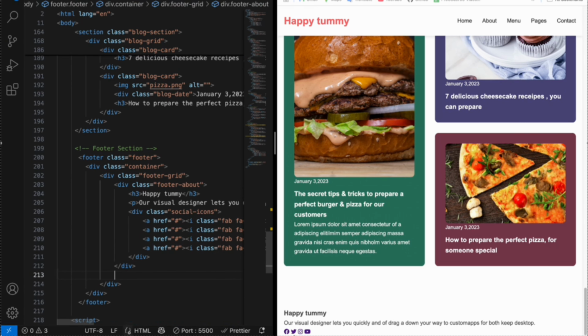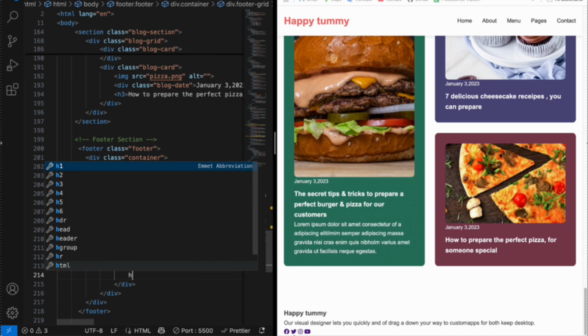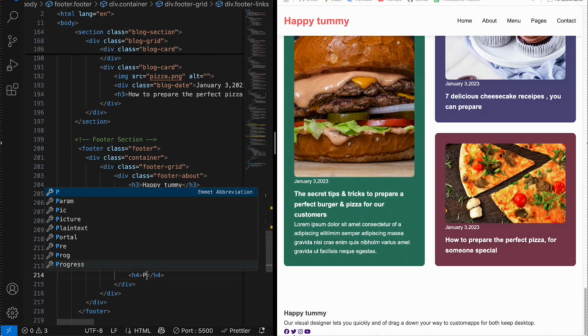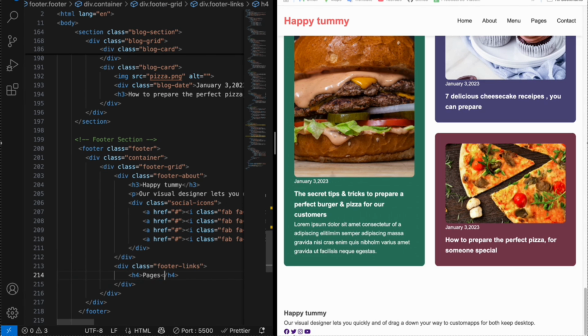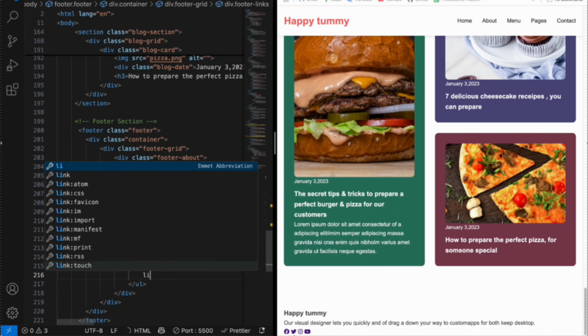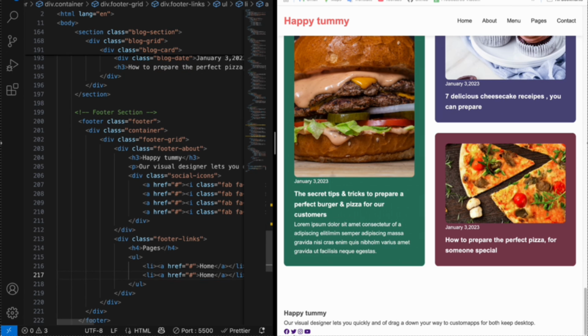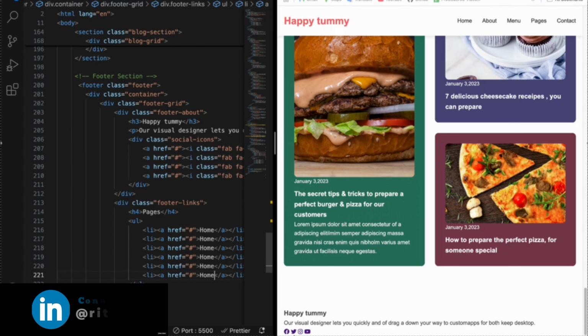Now after this one, we are going to add links as well. So footer links, and inside the footer links, add a heading, that is h4, and add pages. Then add an unordered list, and inside this add a list item, that is a hyperlink, and inside the hyperlink add home. Then add home, about, menu, pricing, blog, contact. Okay,